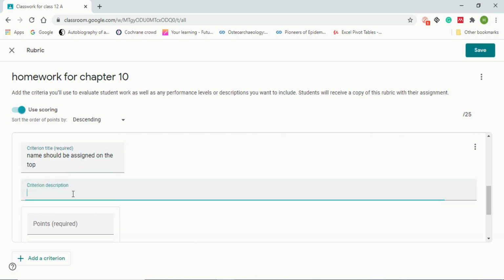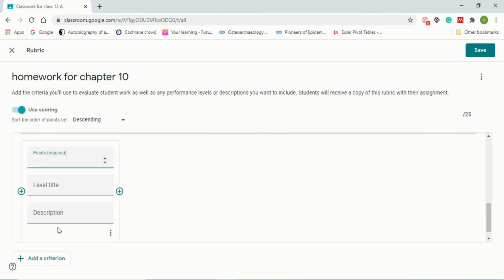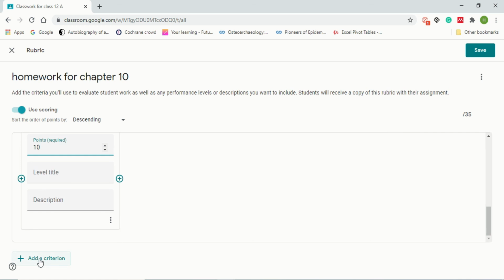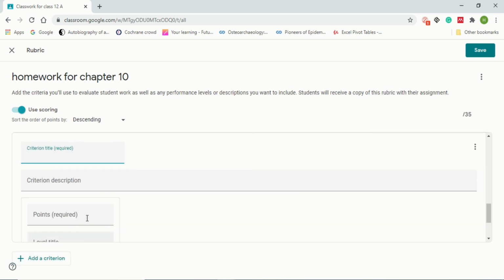Criteria: name and roll number should be written on the top. This point will give 10 points. And through this you can write more criteria.